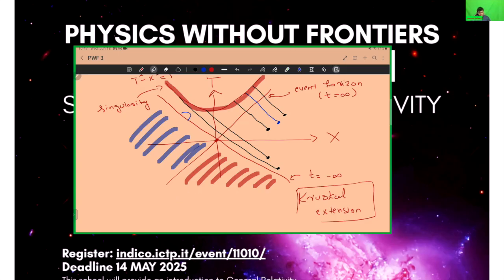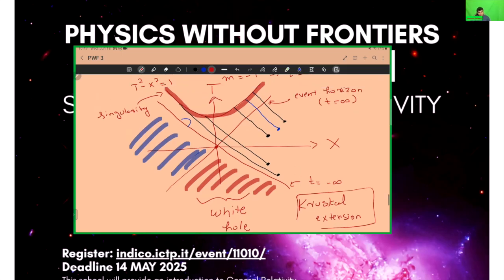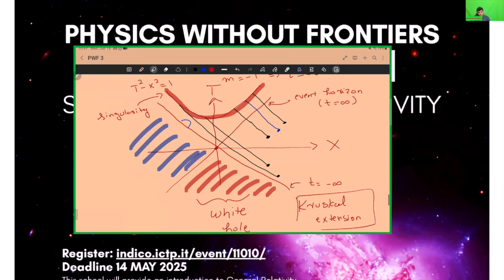So this red region is the interpretation of this region as a white hole, right? And how to make sense of this? It will require another lecture, but just like for the black hole singularity, anything that goes into the black hole needs to go towards the singularity. Here, you can say that anything that goes towards